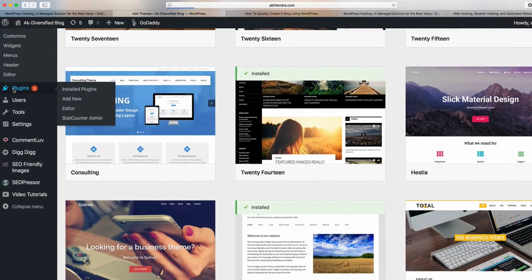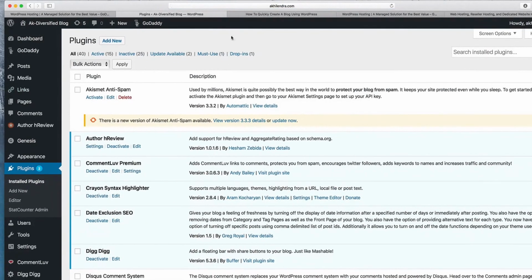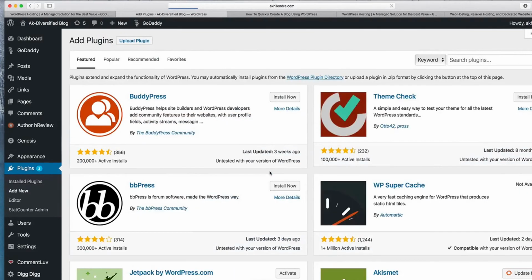You can click on this plugin option to visit the plugin page. And just as we saw in the case of themes, you can use this add button to search for plugins. There are, I think, millions of free plugins in WordPress, so you can play with them. I will suggest you use a minimum number of plugins, because no matter whether it's a free or paid plugin, most of them do take a toll on your performance and page speed, which is going to hit the user experience. So it's important to have fewer plugins.